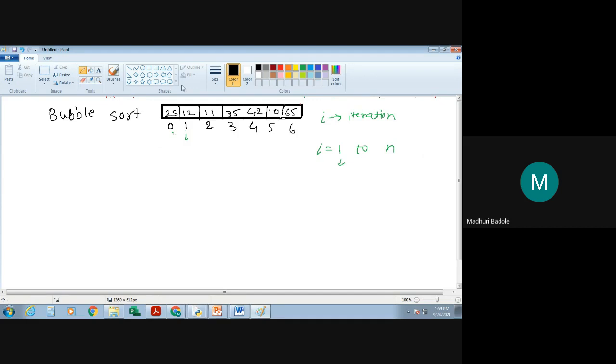Now next, for the first pass, you are going to compare the first and the second element. So I am appointing j over here, and I am comparing the elements. Which element? That is the j element, if it is less than the j plus 1 element. Now see, j we are appointing from this first one.